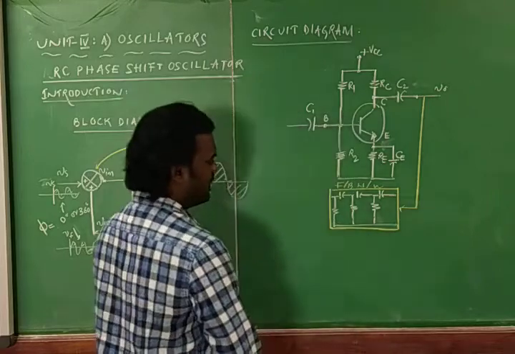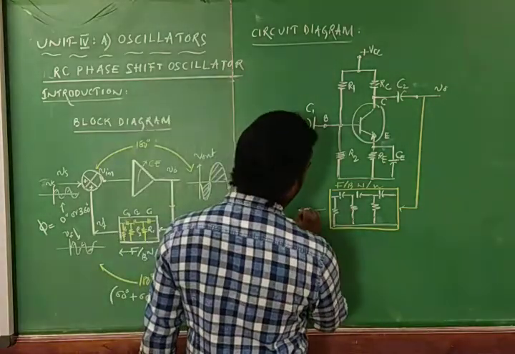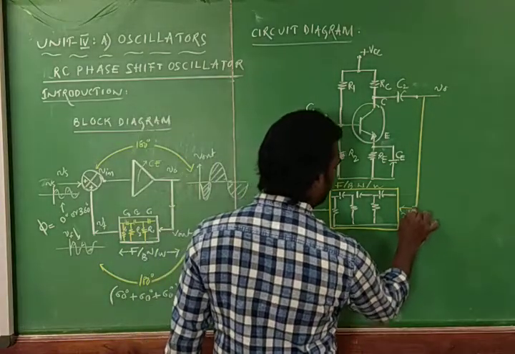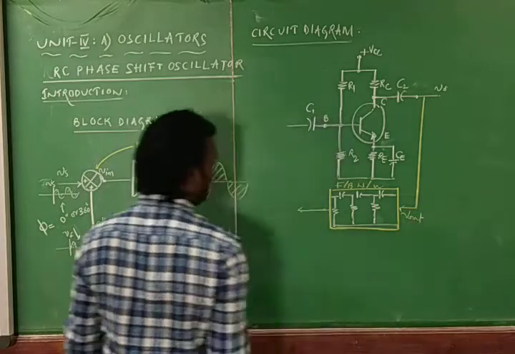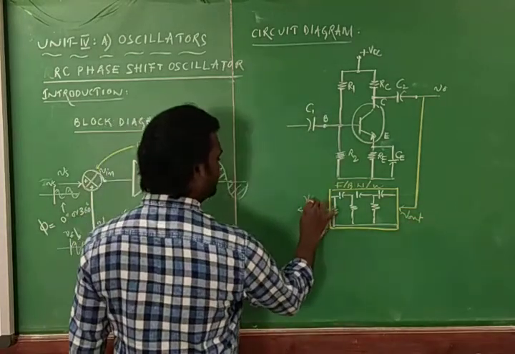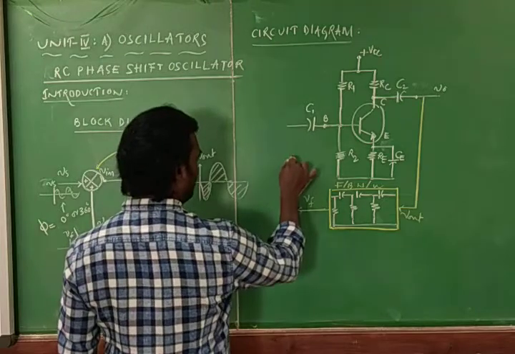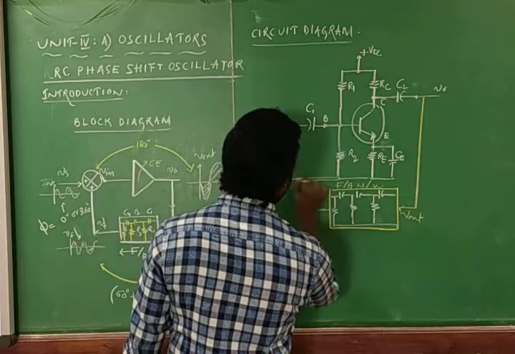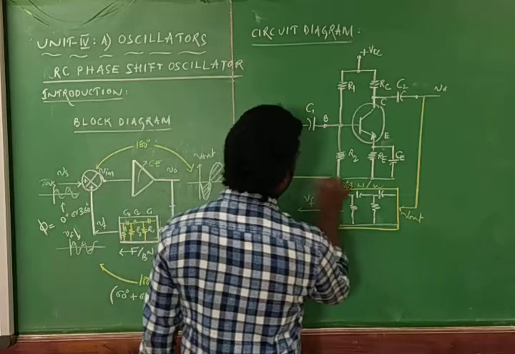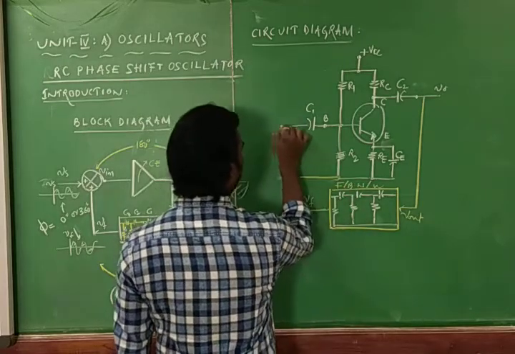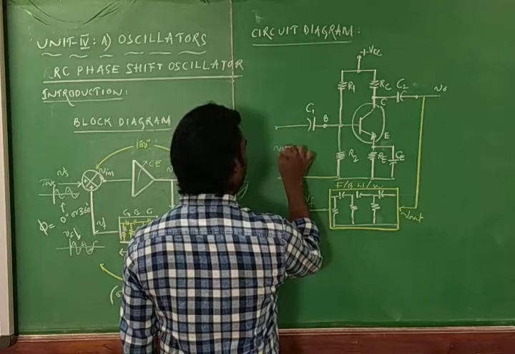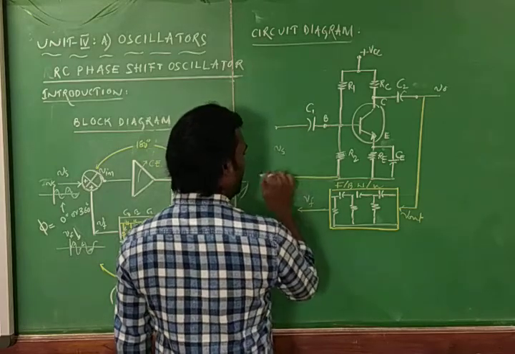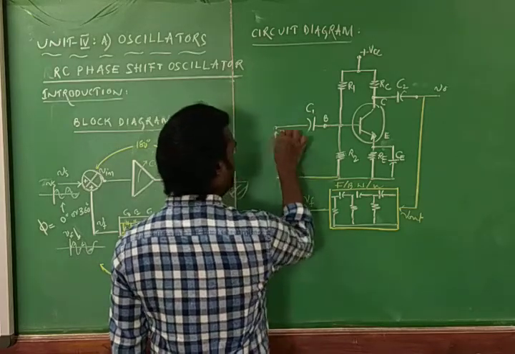Now it is providing the input of the feedback network. We know that the input of the feedback network is Vout only. Then the output of the feedback network is Vs. Now this Vs can be connected in series with this one. You can call this the input signal, and here we will be having the Vs.